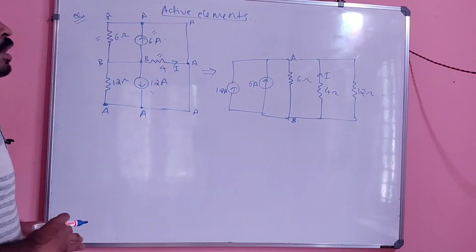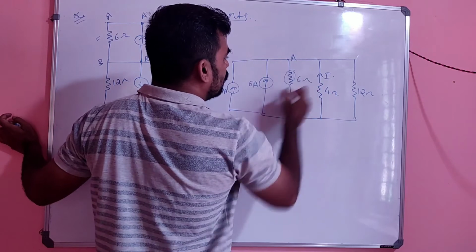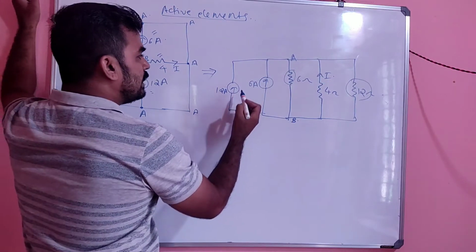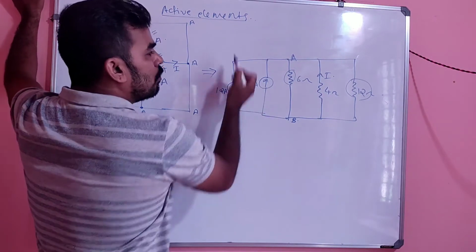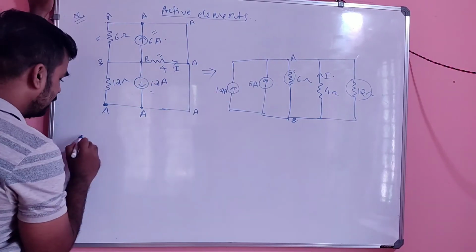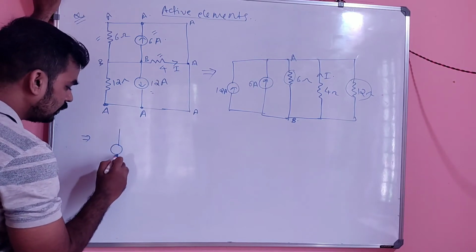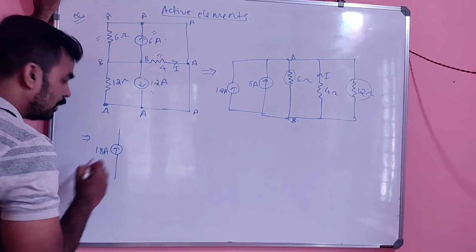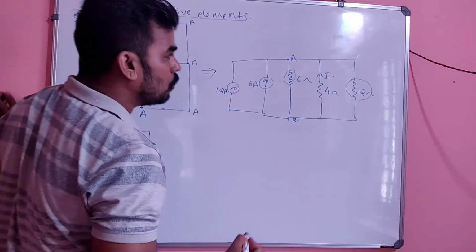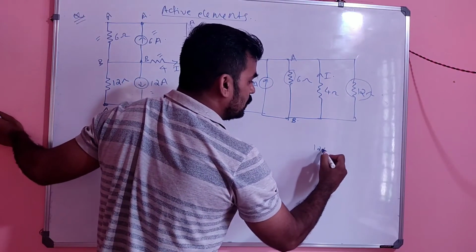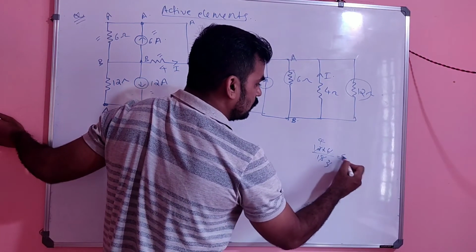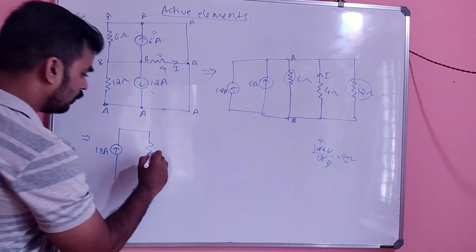Then how can we proceed after? Again see, these 12 and 6 are in parallel now, and we can say that 12 ampere and 6 ampere are both in the same direction, applying the concept of vector addition. So I can write 18 ampere of current passing through. See, 12 and 6 parallel combination. What will be the effective value of resistance? 12 into 6 divided by 18. 12 plus 6, 18. So it is 3 and this is 4. This is equal to 4 ohm.